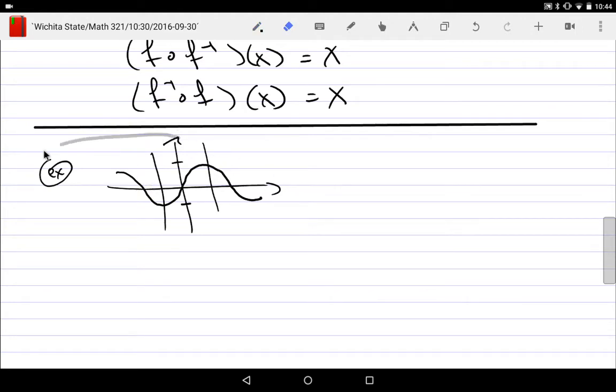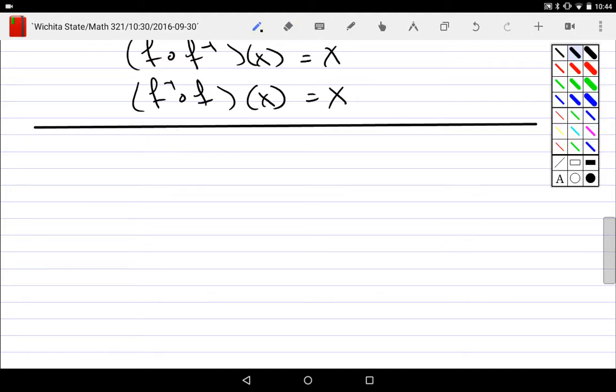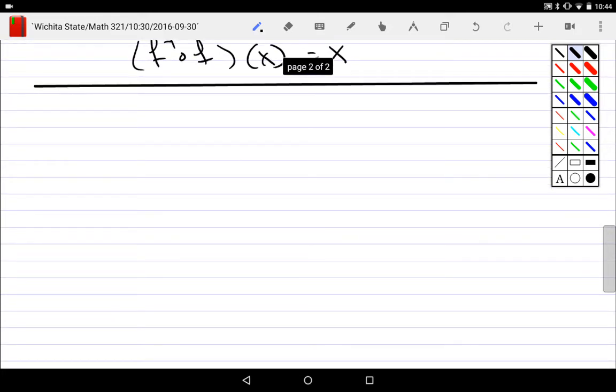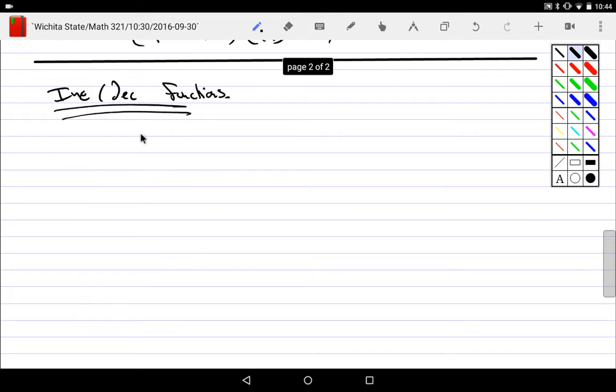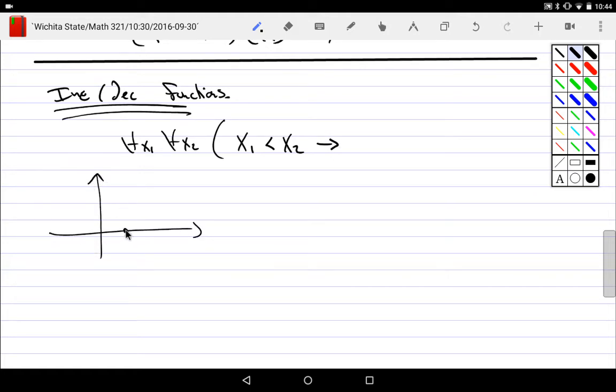Okay, so we can check inverses. We know when inverses exist. Not all functions have inverses. Other things that can be interesting to us is the idea of increasing or decreasing functions. Okay, what's an increasing function? An increasing function says that for all values, say x1, and for all values x2, if x1 is to the left of x2, then, well, if I would do a graph here,